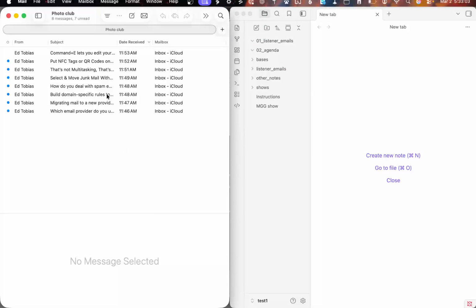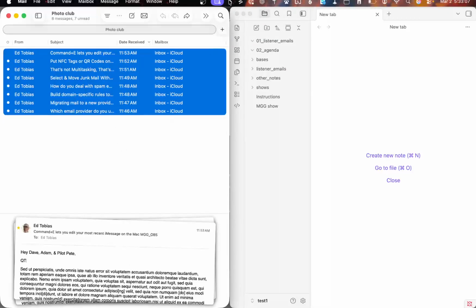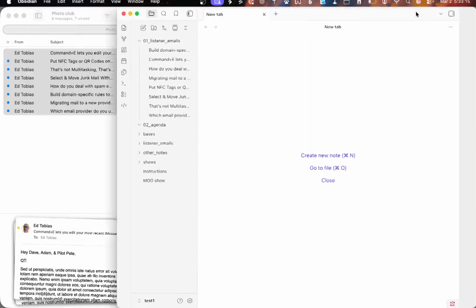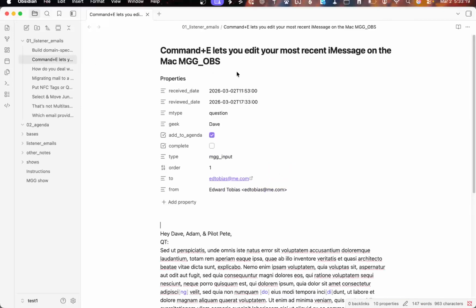Oop, I didn't select any. You have to select them all. Then you go into the Mail and Mail to Obsidian, and they all go over here. So in Obsidian, notes, it also adds properties, which are just things that are in the markdown file that are ahead of the